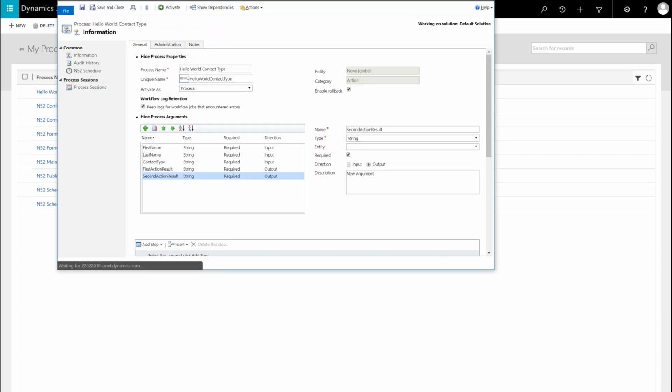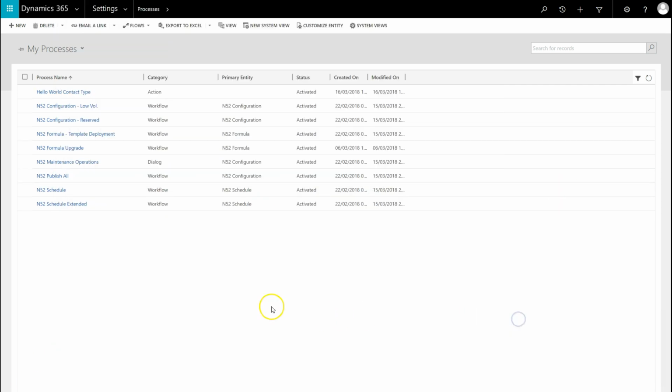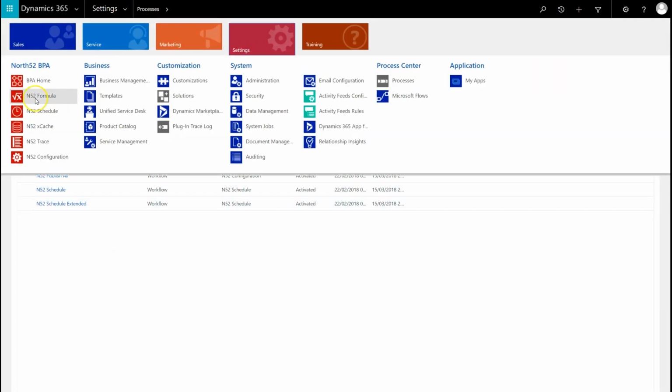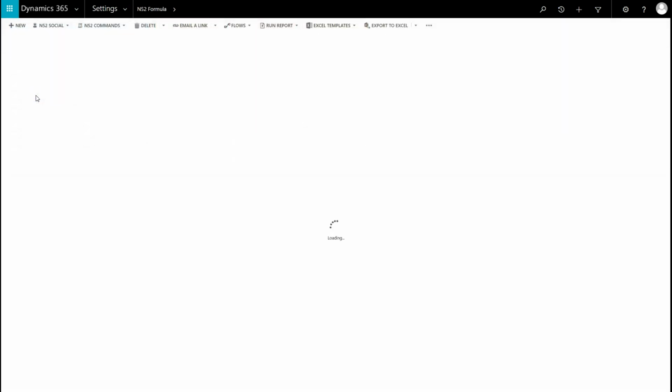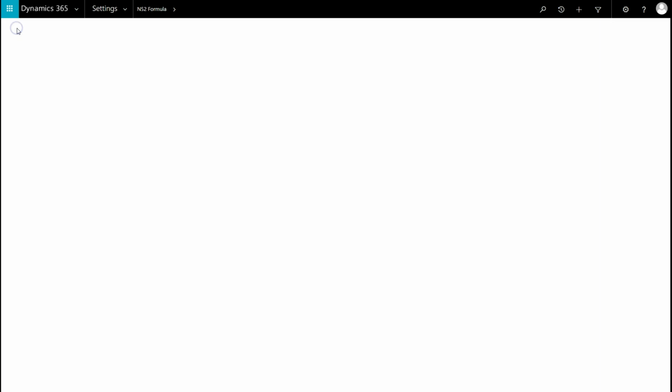So now we have the 3 input parameters that we'll need, and then we have the 2 output parameters. So we're going to create now a North52 formula that will take in these 3 input parameters and change the output parameters depending on the input parameters. So now to the North52 formula. So click on Settings and then N52 formula, and click on New to open up the formula guide,